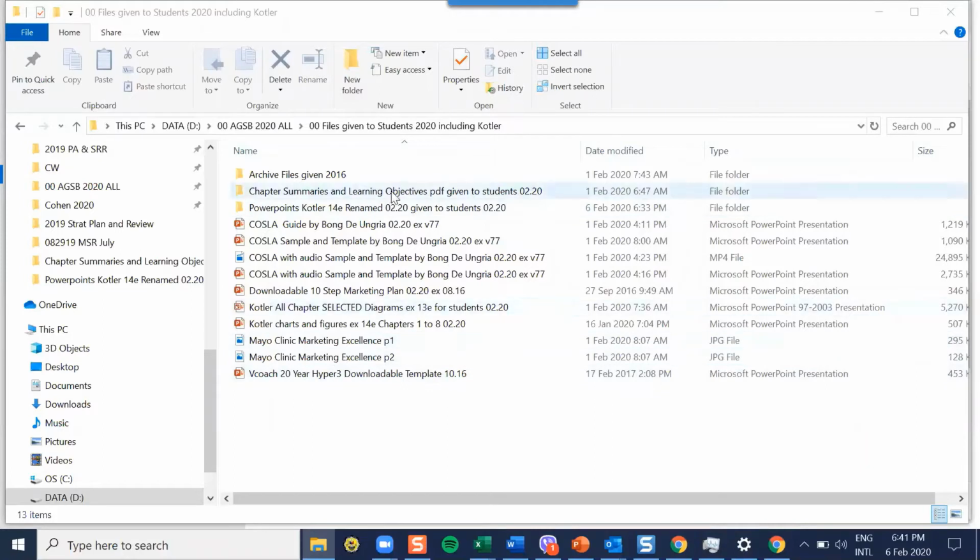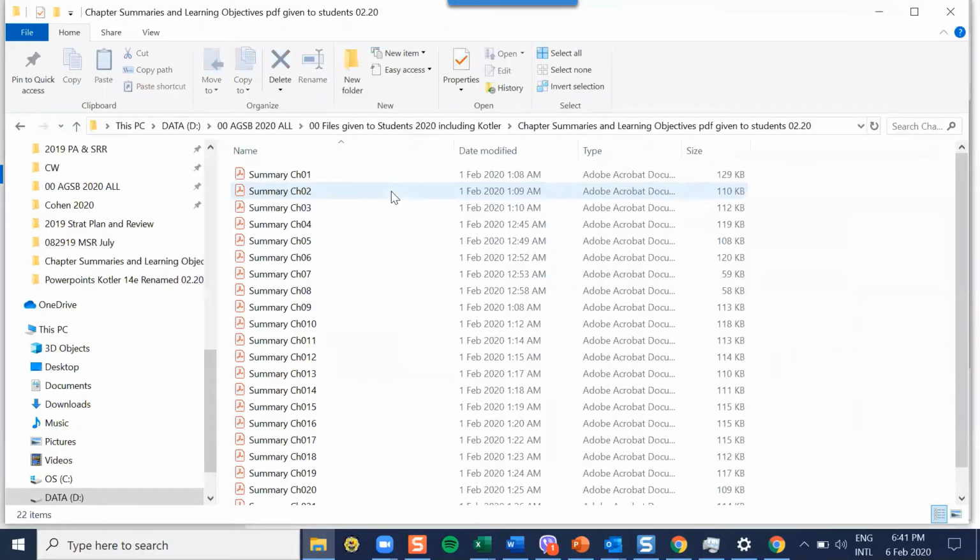Okay, so please open the folder named Chapter Summaries. If you click on that, you will see summary PDF documents for each chapter. Now, each student is assigned one chapter to make a COSLA report on. Supposing you are assigned to Chapter 6, you click on that,